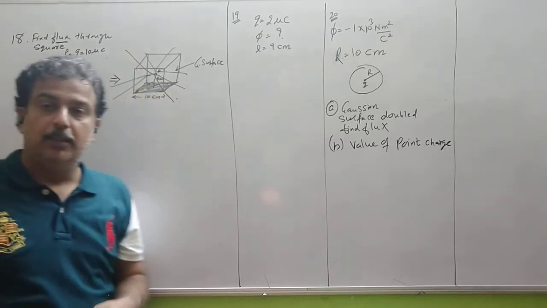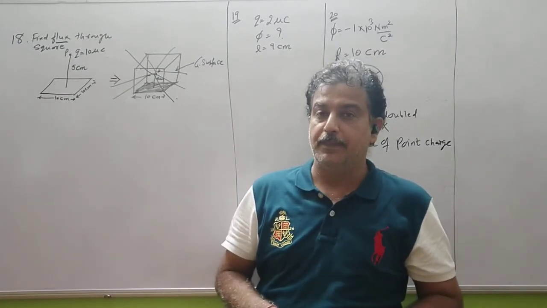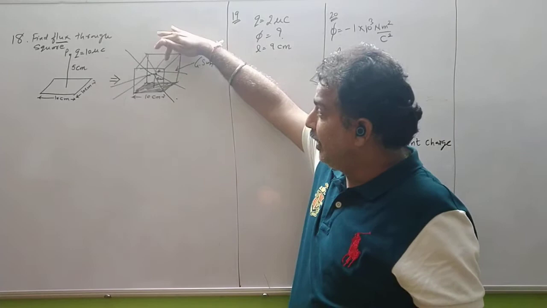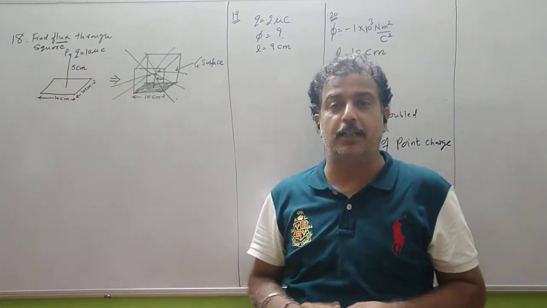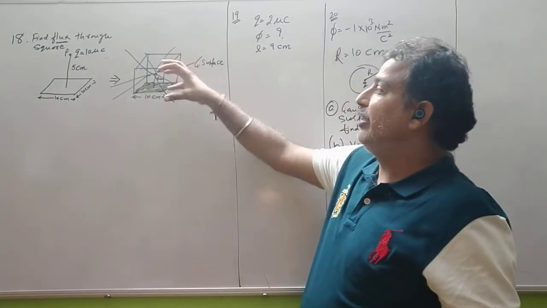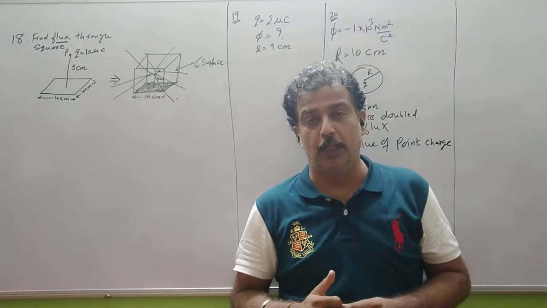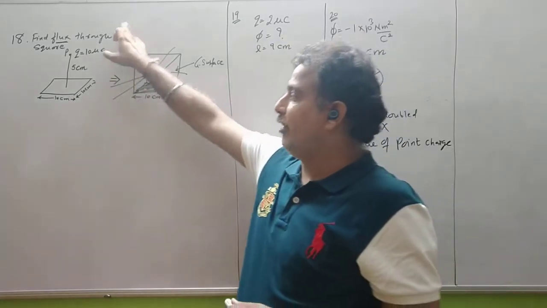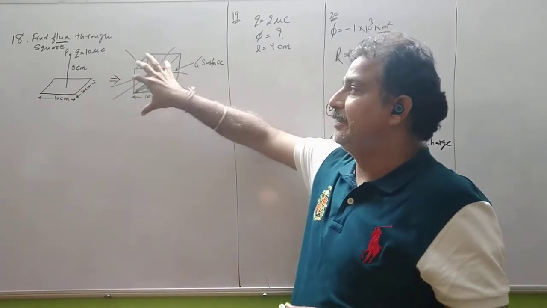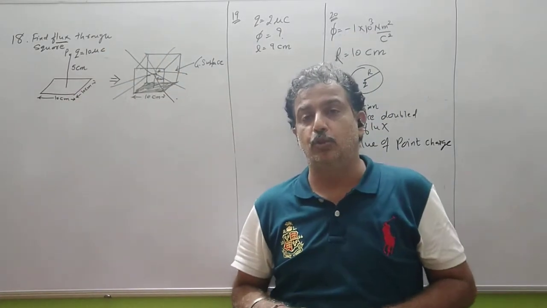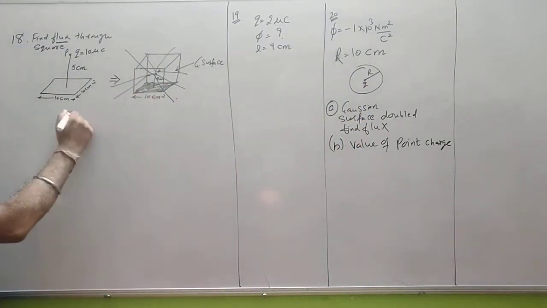Let us say the number of field lines is 600 for an example. So since the cube is having 6 faces and it is a proper geometrical symmetry, the number of field lines passing through each face should be 1/6 of the total number. So we have to find out the flux through this square only. So only 1/6 of the field lines will contribute to the flux. So now the question becomes very easy.